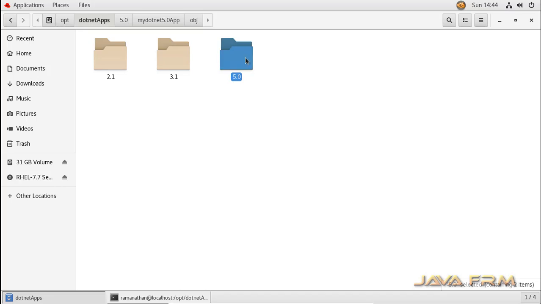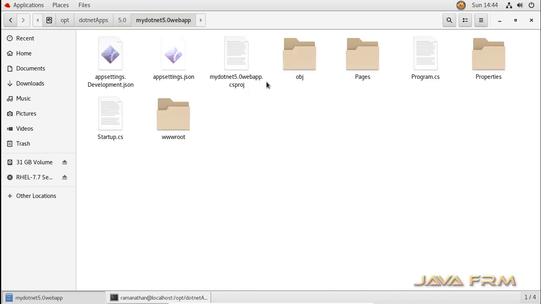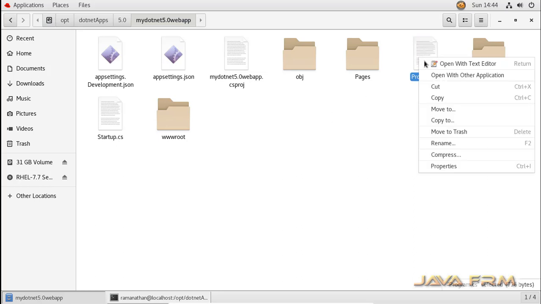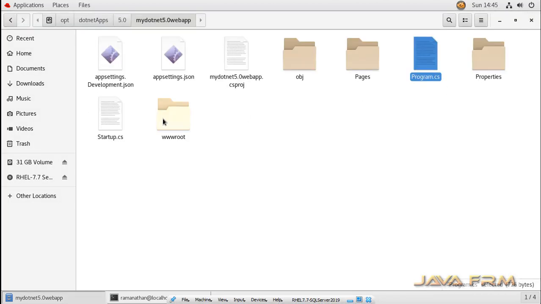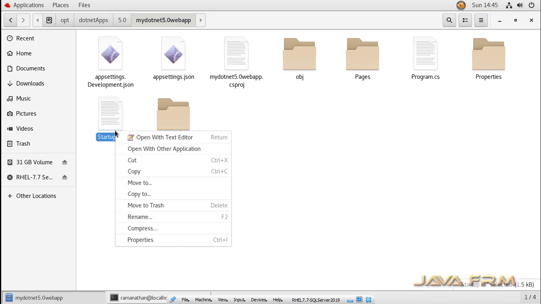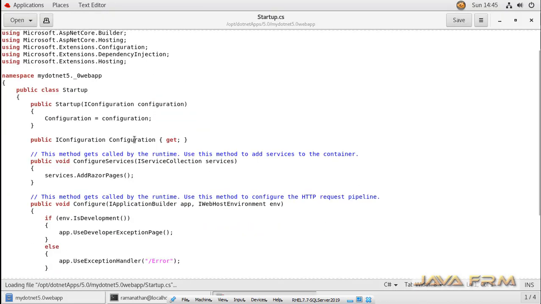Let us navigate here in the file system. Yes, these are the auto generated files. You can see a lot of stuff in this web app directory. You can see two C# files are created.